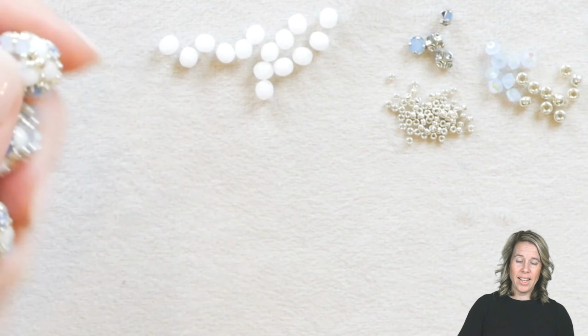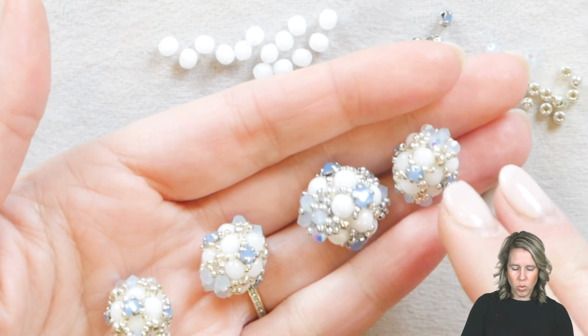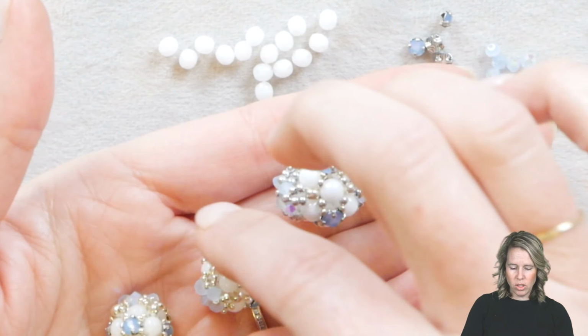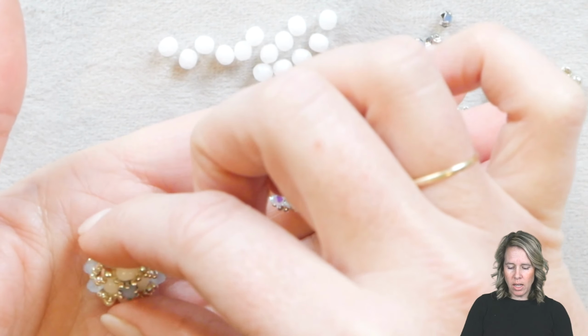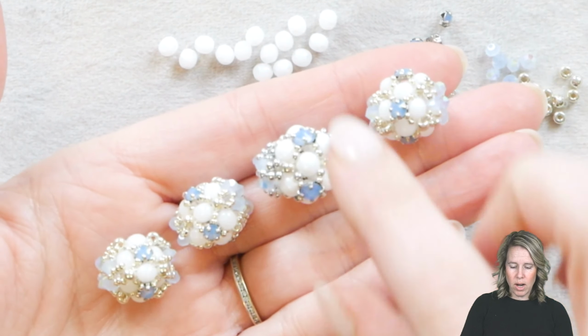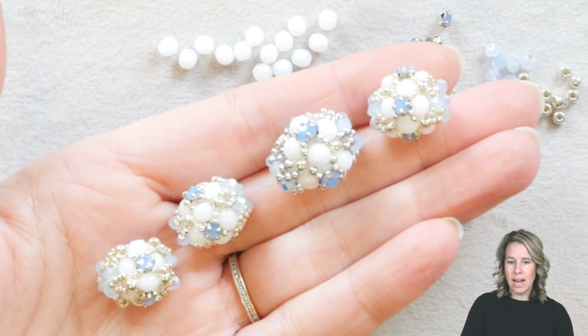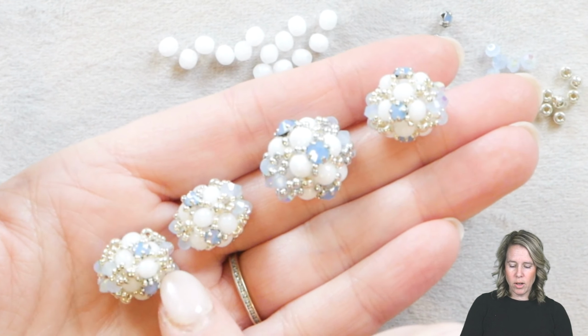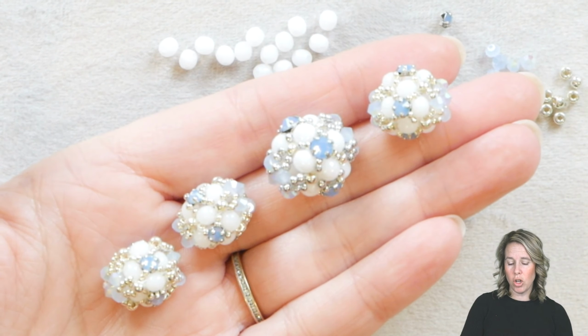All right, so I love beaded beads. I love the way that they look, the complexity that they add. There's so many different ways to do them. And I'm choosing here to work with Montees as well as RounDuo Minis and RounDuo for the bigger size. It's the exact same pattern, you just change the size of the bead that you're using. So we're gonna go over how to create this beaded bead, and then I'm gonna show you how to string